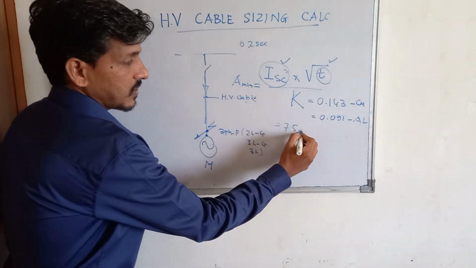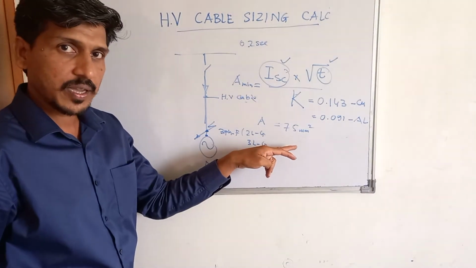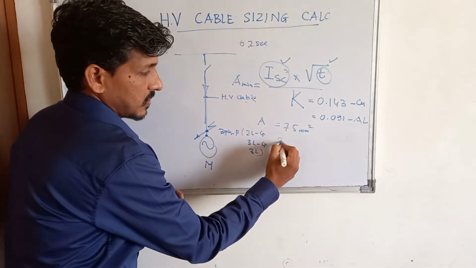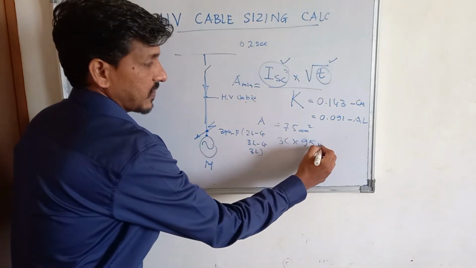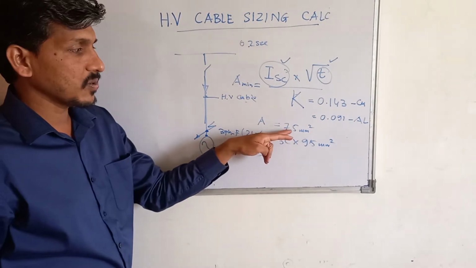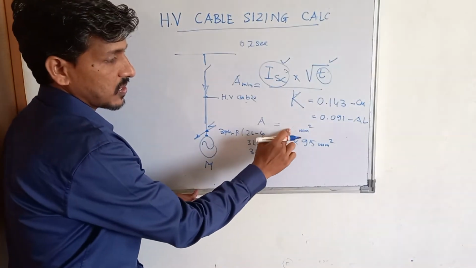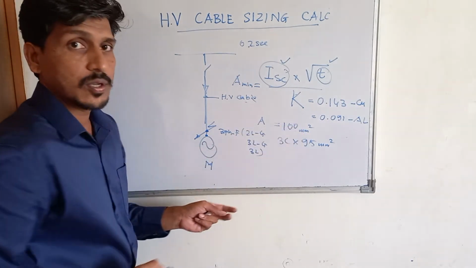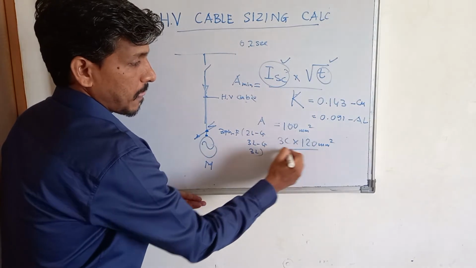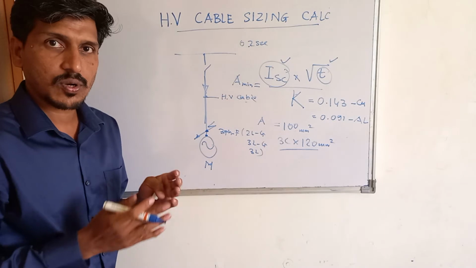Let's say, for example, you are getting this value of 75 square mm. Then based on that we have to select a higher cable size. The standard sizes available are 3-core 70 and 95 as per the cable catalog. You can select a cable size above 75, that is 95. Or let's say your minimum cross section has come up to 100 square mm. So you have to select a cable size of 120. This is the one main difference we have to understand.